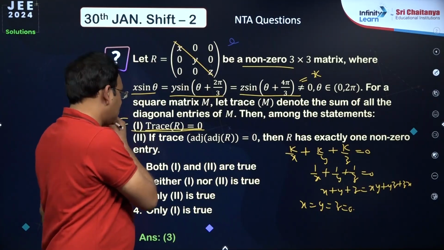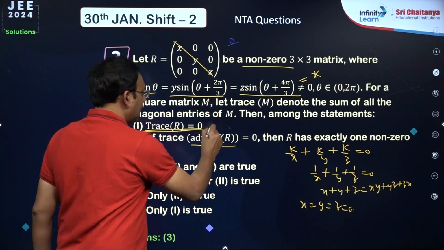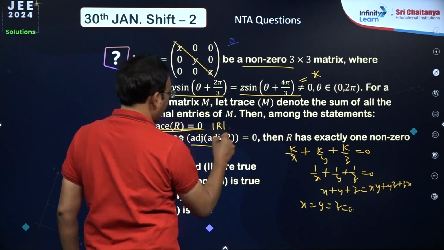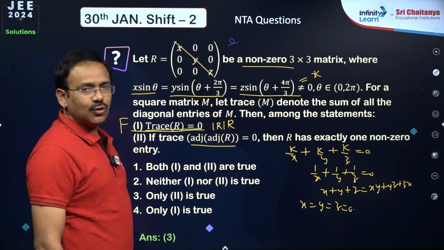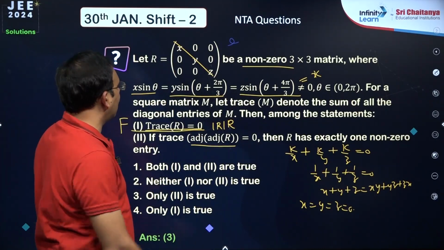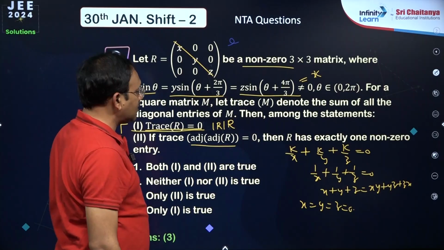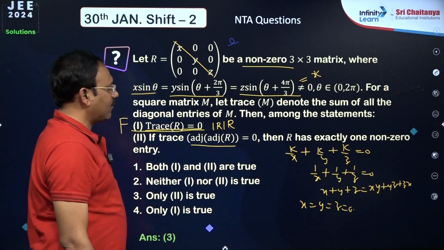Next, you see, trace of adjoint R is nothing but det R to the power of n minus 1, n minus 2 into R. So R means, you know this matrix. What is det R? Det R is nothing but xyz, my dear friends. Det R is nothing but xyz. Okay, so you can say, my dear friends, from here,